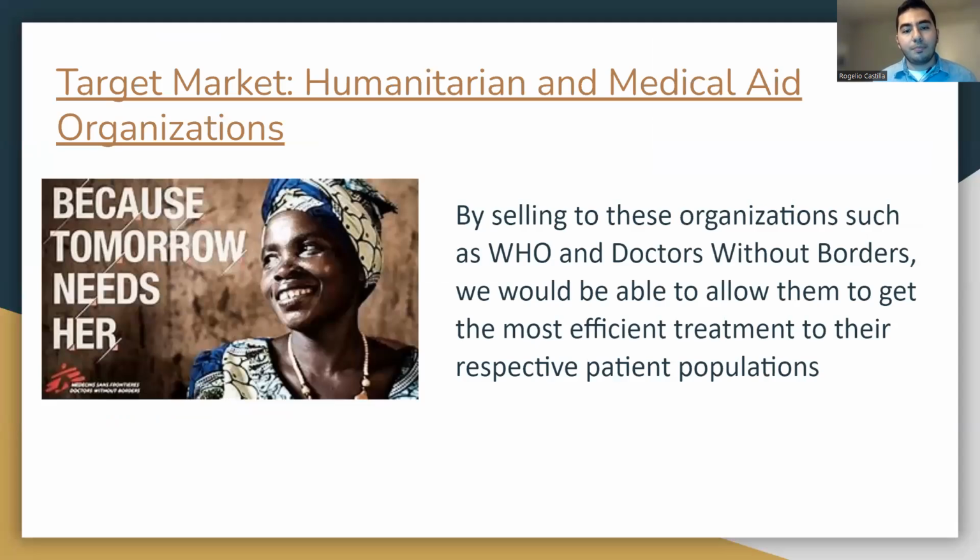pathogens. So because this kind of point of care diagnostic has such wide-reaching applications, we wanted to target humanitarian and medical aid organizations as our target market, because that way, if we can just provide them with the product, they can do what they do best, which is getting our diagnostic to their respective patient populations in the places that